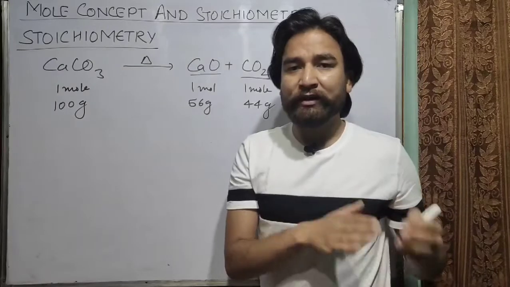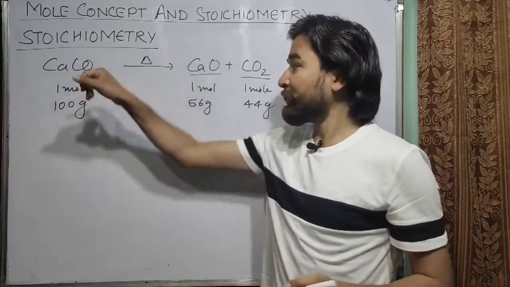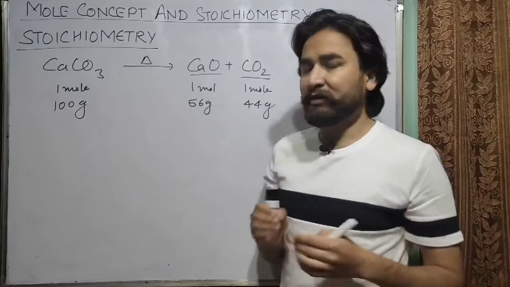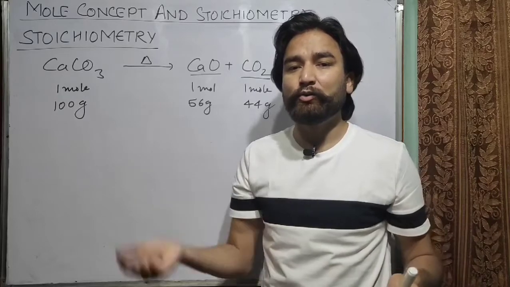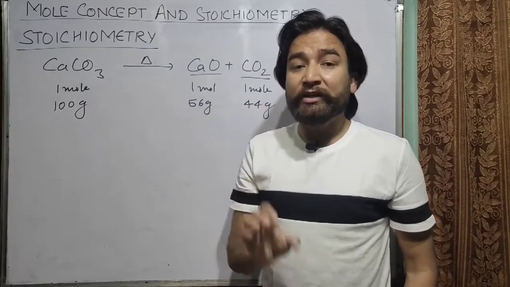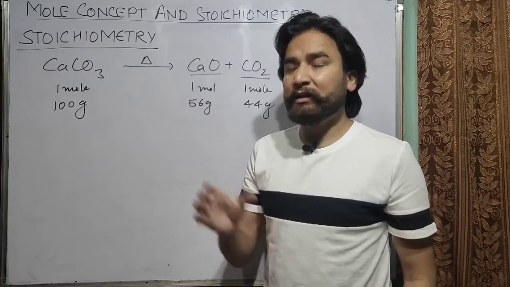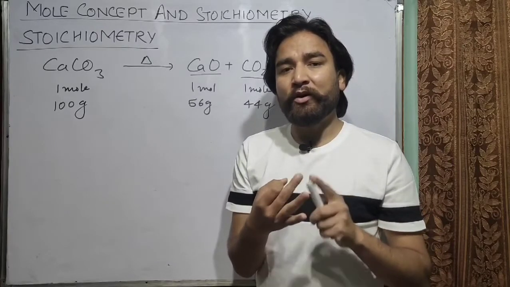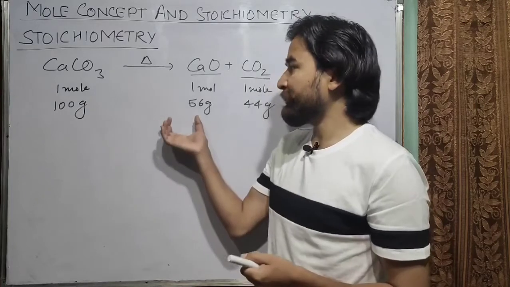So from here we can calculate how much carbon dioxide can be formed from 5 kg of calcium carbonate, because 100 gram will give 44 gram, then 1 gram will give 44 by 100, that is 0.44 gram. So if you want to calculate for 5 kg or 100 kg or 1 gram or 2 gram or 50 gram, we can calculate it easily. So stoichiometry gives a ratio in which the reactants combine together, whether it is the ratio of number of moles, the ratio of masses, or the ratio of volumes in case of gases. So hope you have understood it.